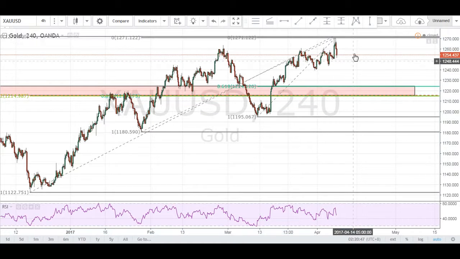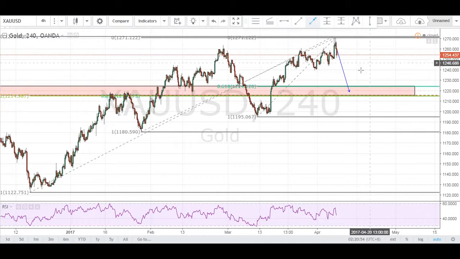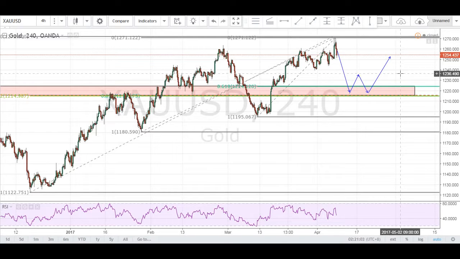So if price comes down into this area, I will be looking for a long entry. However, if you are more conservative in your trading, you could possibly wait for a double bottom before you go long. So this has been gold on the 4-hourly chart, and the next pair we'll be looking at will be